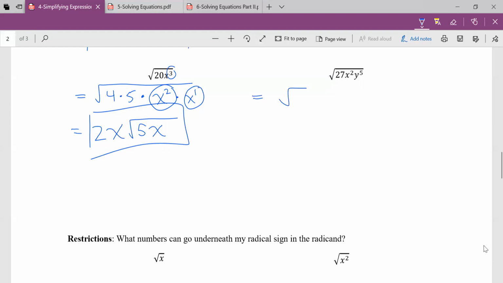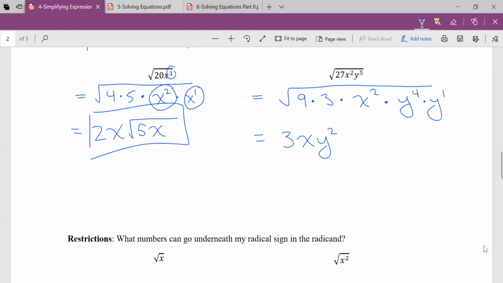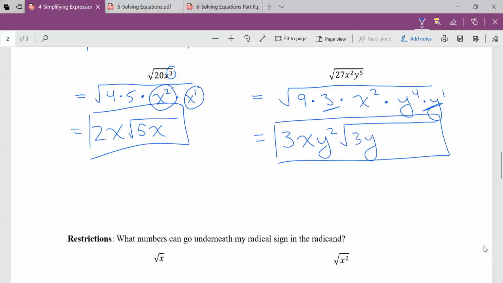27 x squared y^5. Well, 27 is 9 times 3. X squared is even, that's going to be easy. Okay, y^5, I'm going to split y^5 up into y^4 times y^1. Square root of 9 is 3. Square root of x squared is x. Square root of y^4 is y squared. What do I have left? A 3 and a y. And I am done. Okay, so when we have an odd power,